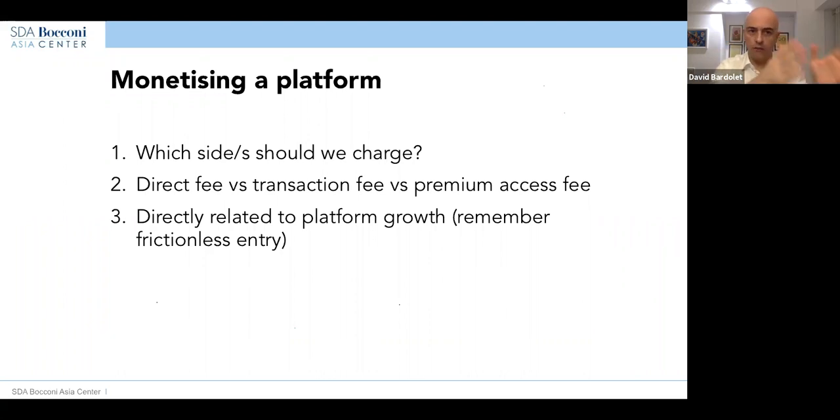Typical distinction is some free, some premium, yes, but that is not always possible. The premium access has to actually be valuable and exist. What is the premium access for Facebook? Can they charge for a premium access for Facebook? If Facebook is used the way we normally use it, is there a premium access in there that can be offered? It's not very clear, right? So in some cases, the premium access is clear. It's very different and valuable from the free access, but in some cases it's not. So it depends again on the type of platform that we are talking about.